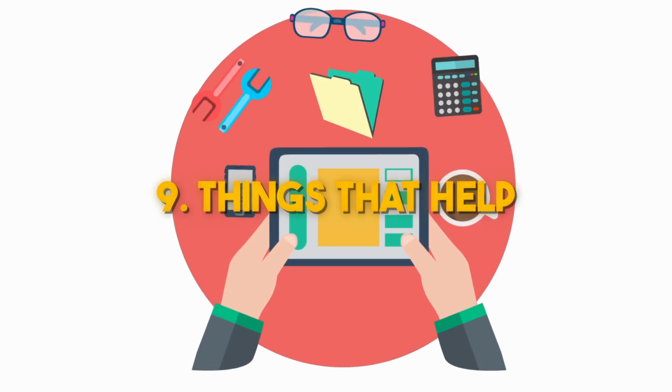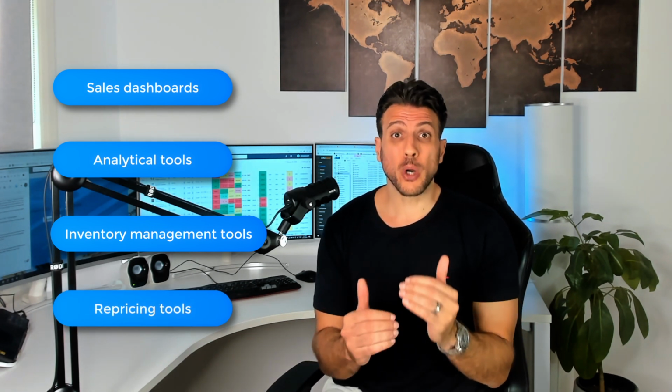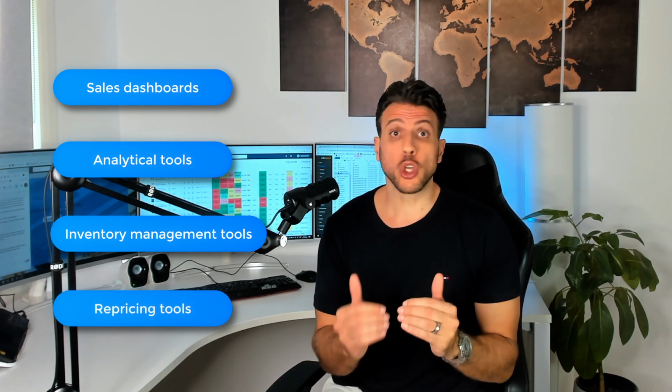Number 9 are things that are going to help you in your business. There are many tools and software out there that are going to help you perform various tasks. For example, there is a sales dashboard which helps you understand your profit and your sales. There are other tools which are analytical tools which help you do better product research. There are inventory management tools and repricing tools. Basically, a repricing tool adjusts the price so you can be in line with competition so you don't miss out on any sales. I'm going to go over a lot of these different tools in the videos,